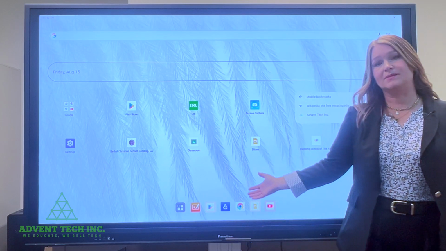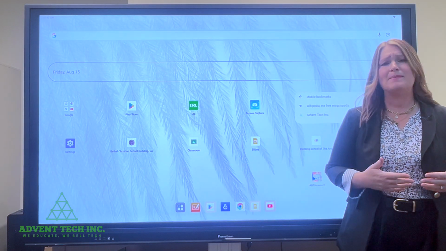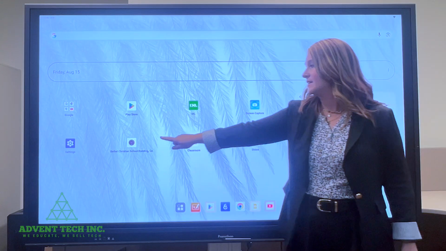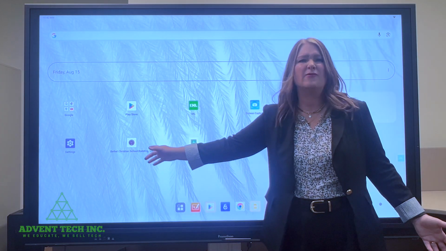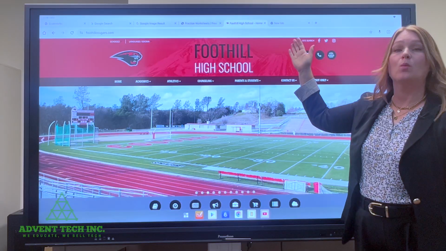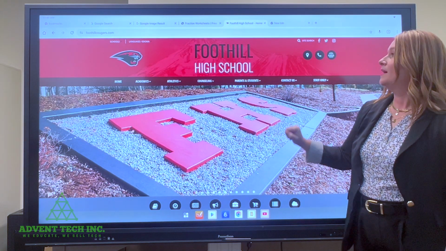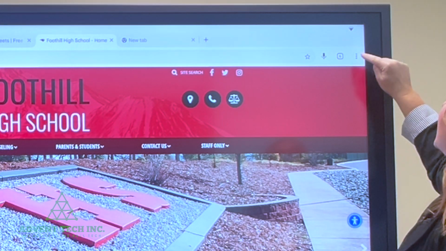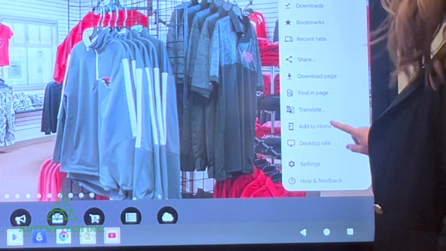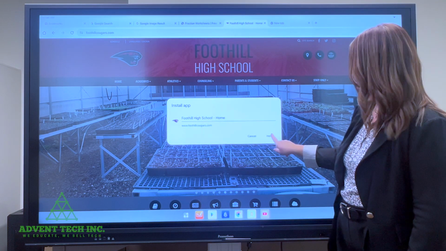Another helpful way to customize your home screen is if you have a website that you continually go back to, maybe it's your school's website, you can actually create a shortcut that you can access the website right here as if it's an app. Here's how you do that. Go to your browser, bring up the website that you want to bookmark or save as a shortcut. Go to the 3 dots here on the side and click the Add to Home Screen button. You can name it whatever you want to name it, install,